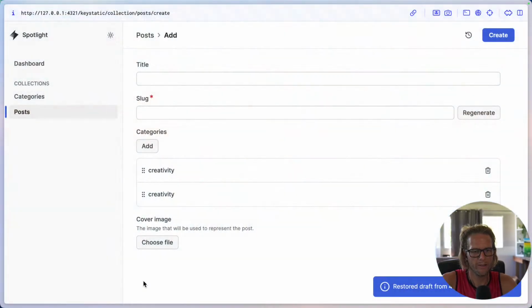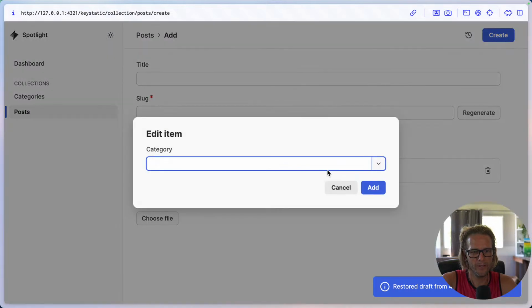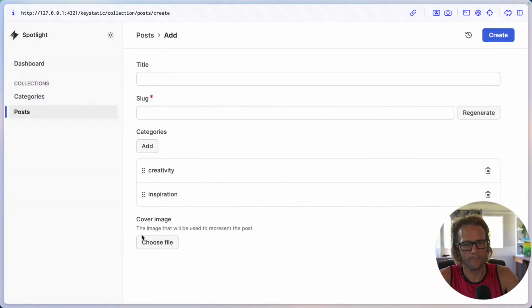So now if I go back, it's selected twice the same, but you can see that if you pick a category, it's going to display it like this. And then it's going to store an array of strings in your content. Once again,